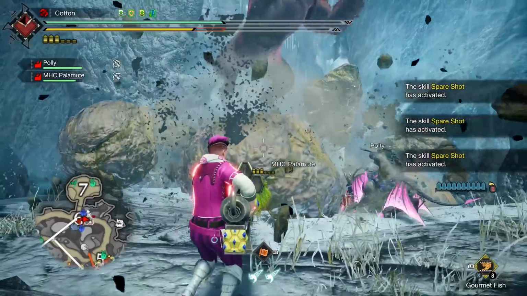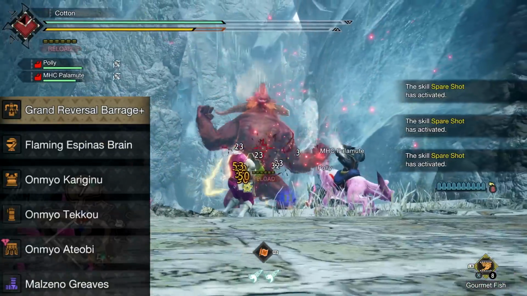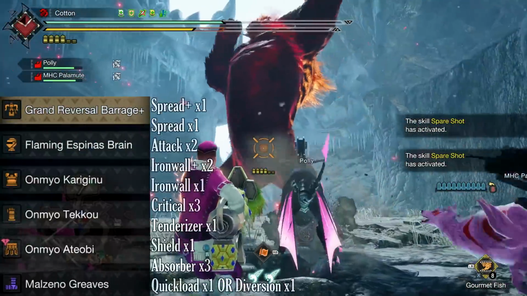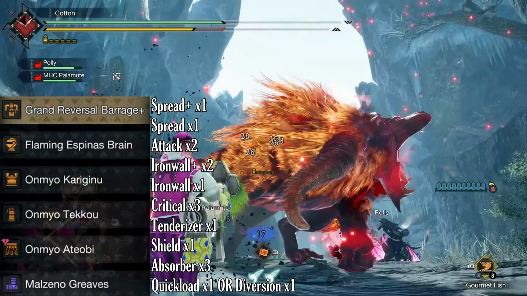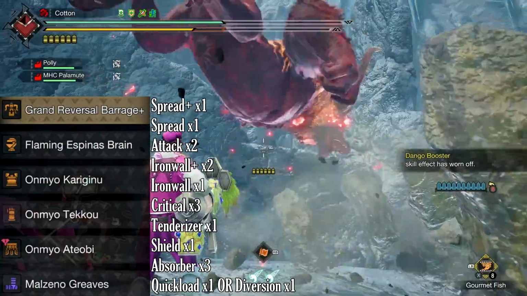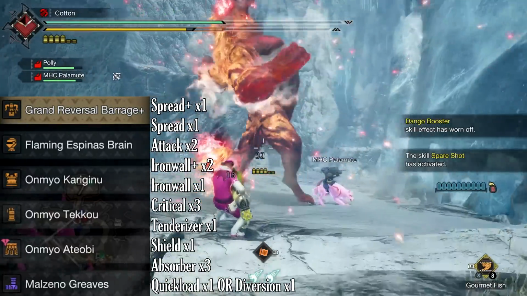As for the armor set itself you'll be using then, we have the Flaming Espinasse helmet, the Violet Mizutsune chest, gauntlets, and waist, and then finally the Malzeno greaves. The decorations that you'll want to be sticking in here are 1 spread plus jewel, 1 regular spread jewel, 2 attack jewels, 2 iron wall plus jewels, and 1 regular iron wall jewel as well, 3 critical jewels, 1 tenderizer jewel, 1 shield jewel, 3 absorber jewels for minimal recoil on the weapon, and then you have 1 singular 1 slot left,